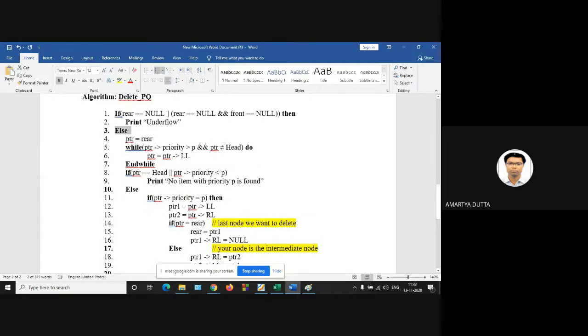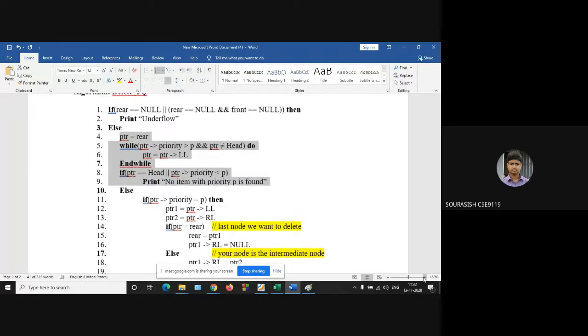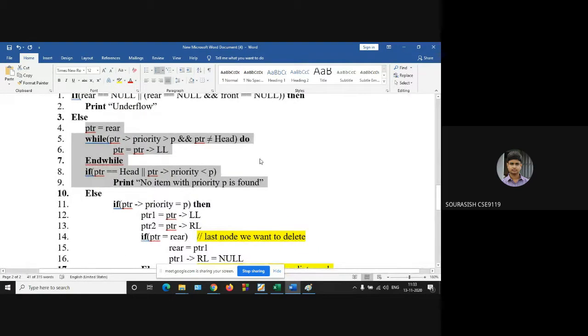So can you explain, Shodashish, line number 4 to line number 9? Yes, sir, definitely. In line number four, we are assigning PTR to the rear. So PTR is now pointing to the rear.